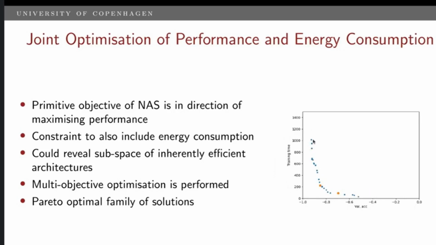So by doing this, what you would achieve is like a Pareto optimization front, where if you did not care about performance, then you would get a really low energy model. On the other hand, if you did not care about the energy, then you would get a very badly performing model. So what we would be interested in is accessing this subspace where you get good performing models which have low power consumption, and consequently a low carbon footprint.